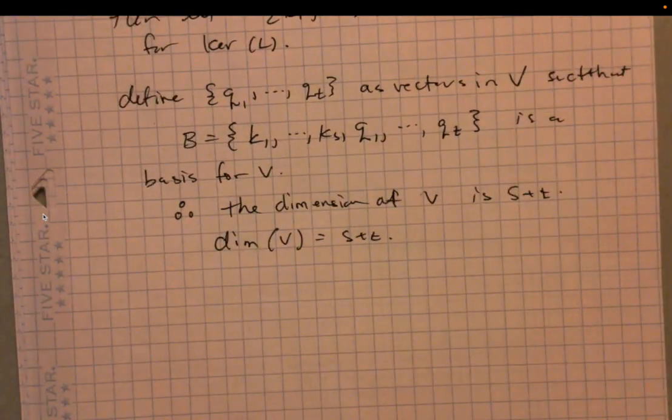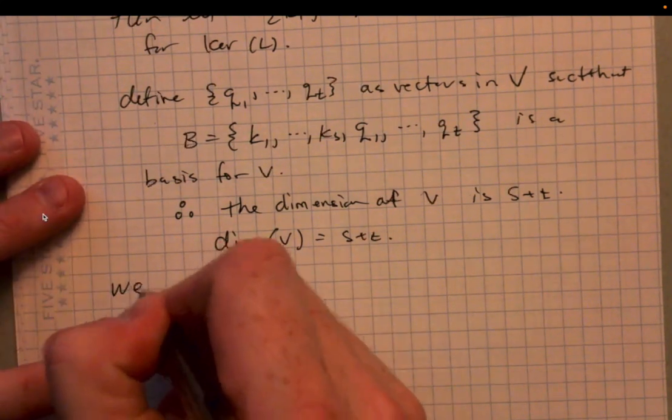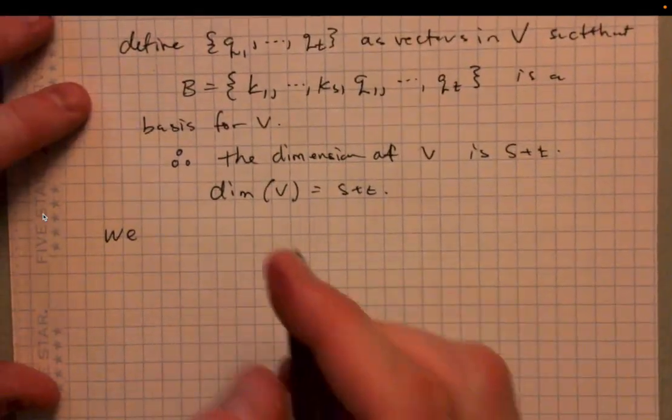All right, so we've got this basis, the set of basis vectors K1 through Ks, union Q1 through Qt. And so what we're saying is the dimension of V is S plus T, and we know that the dimension of the kernel is T. So what we need to really see is, where does this S come from? Here's where things can get a little tricky. So we're going to claim